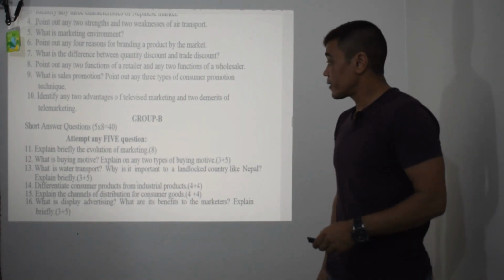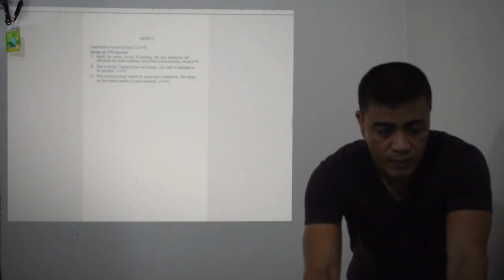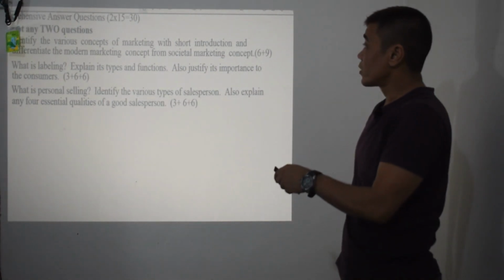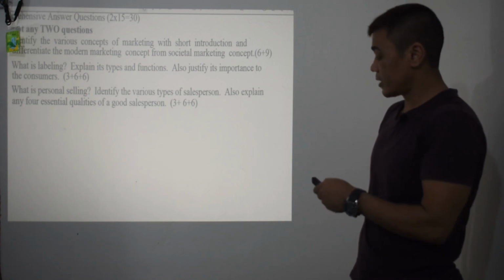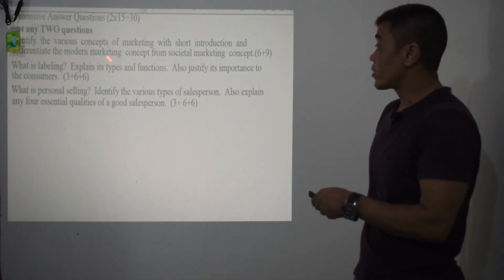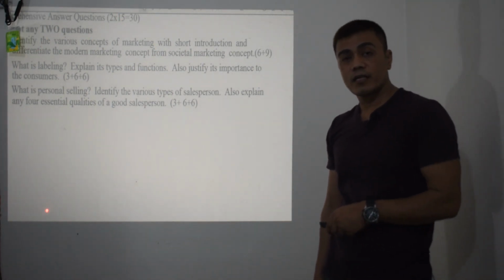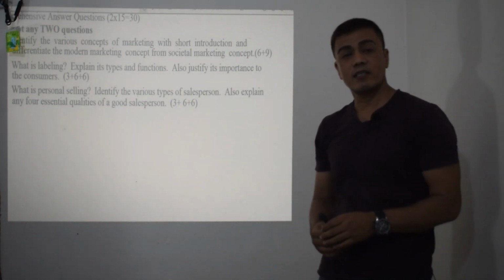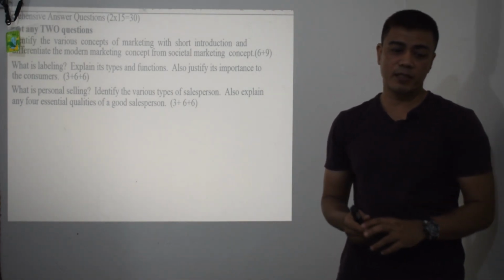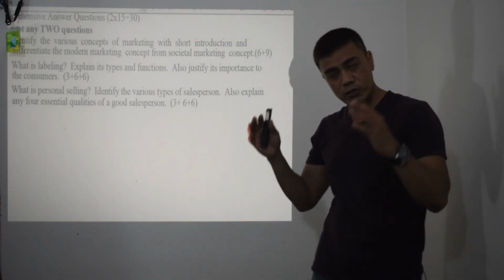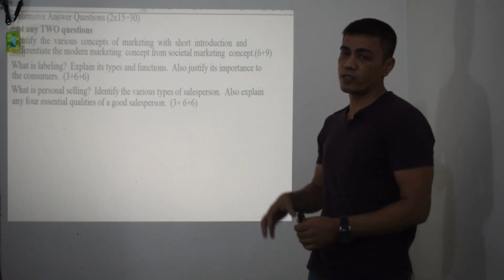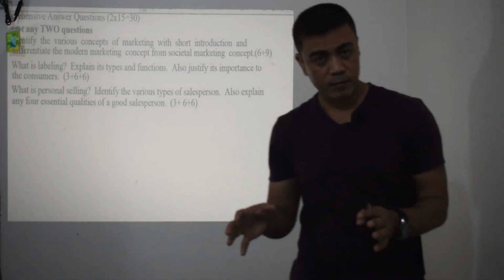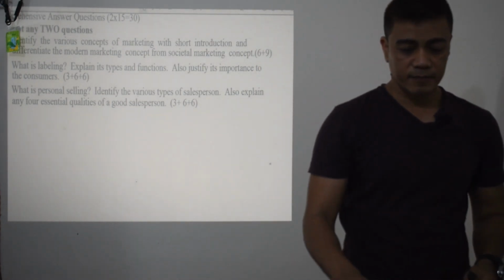And similarly, the next one is group C. Under this, only 2 questions will come, and each weightage is 15 marks. 3 questions will be given, and you will get a choice among 3. You will do one, and they are descriptive. As already said, you need to allot nearly 30 minutes, and you need to use your analytical capacity, and you must have good command over it if you want to write a better answer.